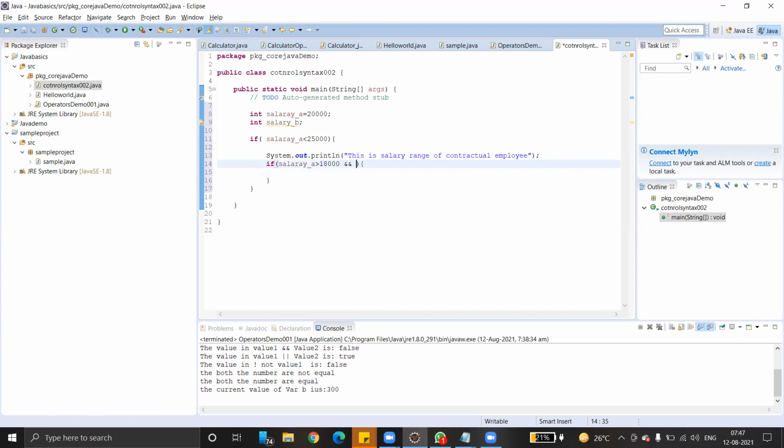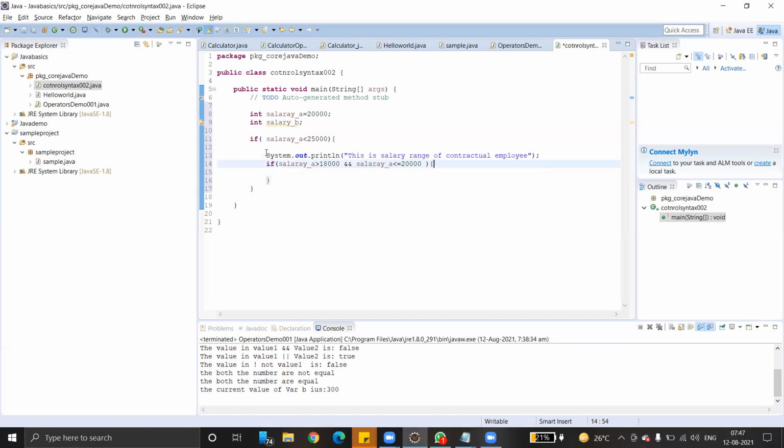I will show AND. Salary less than or equals to 20,000, I can simply say is a contractual employee.